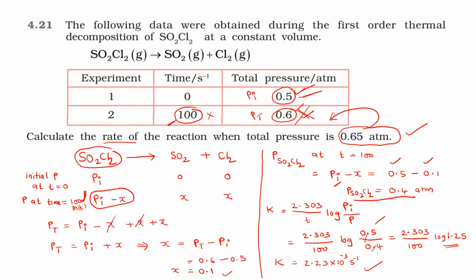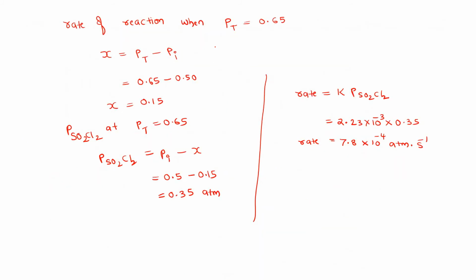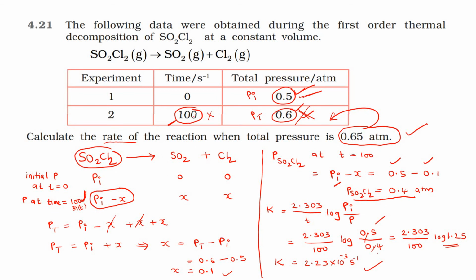This time also we have no need for here. So I'm taking again the same formula for x. They didn't mention the time now. They simply said if total pressure is 0.65. Maybe it's 120 seconds or something like that. They didn't mention that, no need for us. So at this time, the total pressure is 0.65. So now we have to calculate the rate of reaction. So again same formula, isn't it? What is that formula? Same.